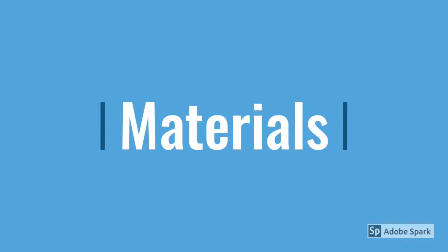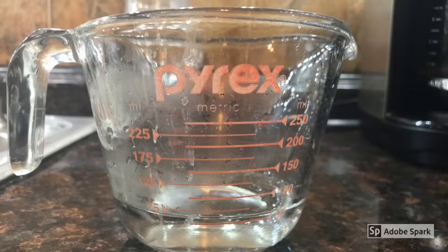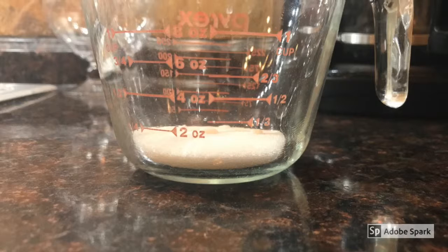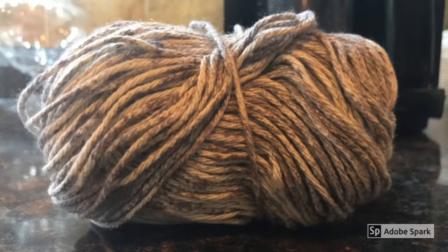Now, the following are all the materials that are going to be needed for this chemistry experiment. 60 milliliters of water, 36 grams of potassium nitrate, 24 grams of sugar or sucrose, cotton yarn, not yarn made from synthetic material like acrylic,